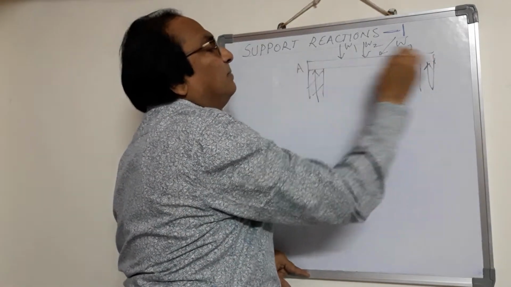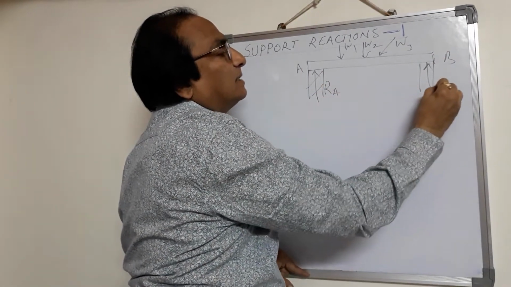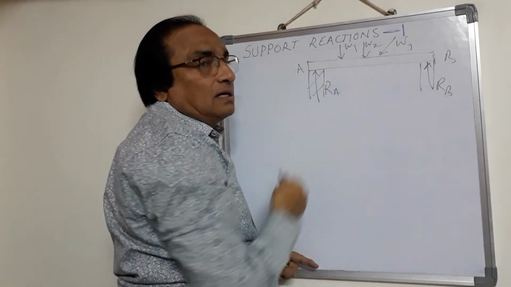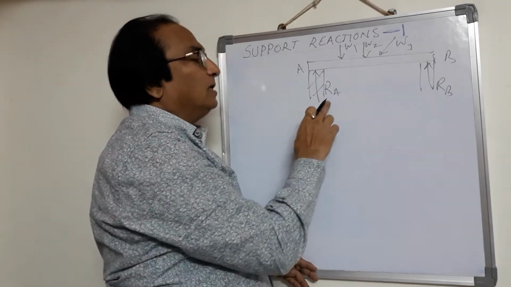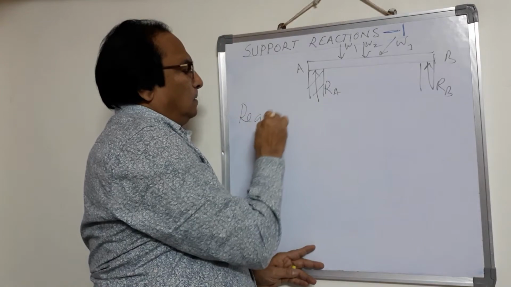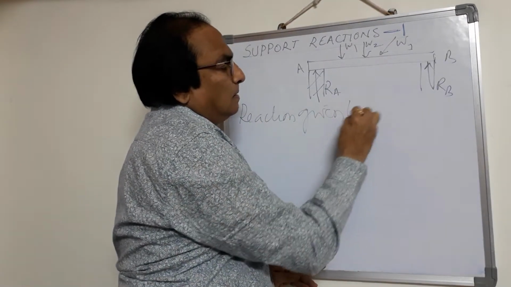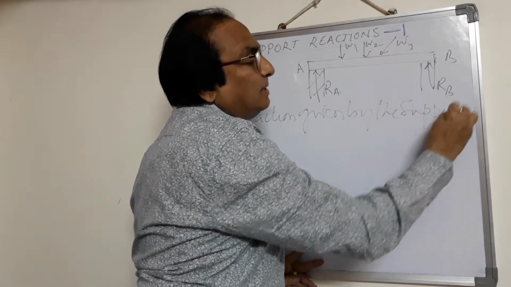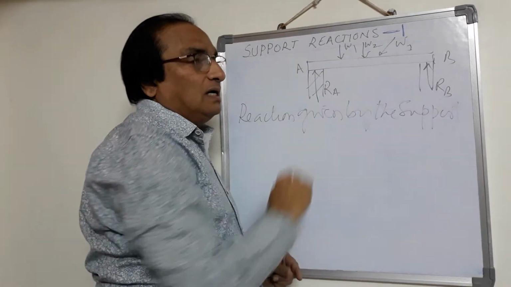Suppose A is the support here, B is the support here. So the reaction at A we call it as RA, reaction at B we call it as RB, so that the upward forces must be equal to the downward forces. So here support reaction is nothing but the reaction given by the supports. So our aim in this chapter is to find out what is the support reaction when loadings are acting